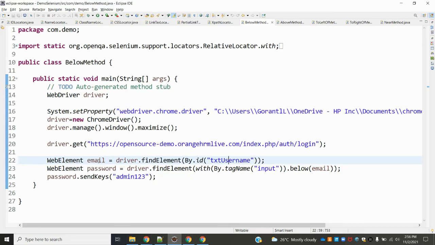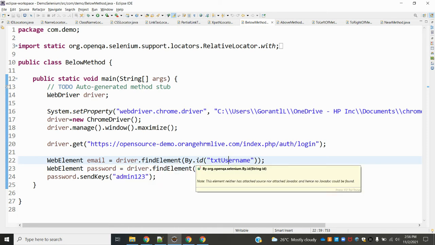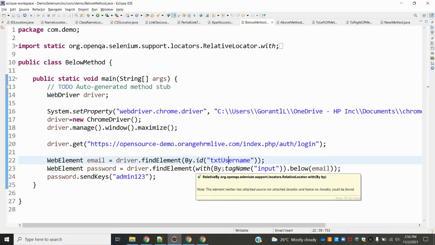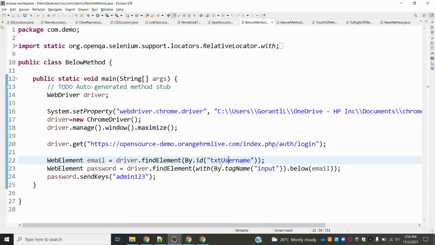Web element, I declared email equal to driver dot find element by dot id, and the text username is the one, the email ID name locator. Then I declare another web element, password. Here what I did, with By dot tag name, which is the tag that is indicated.